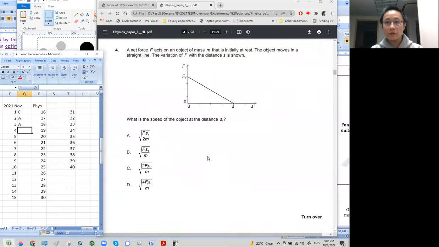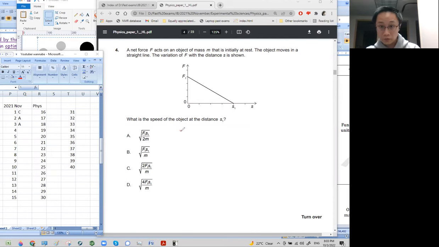Question 4, a net force Fx on an object of mass m that's initially at rest. So they give you a force-distance graph, and what you guys should recognize is that the area under the force-distance graph corresponds to the work done by the force. And they ask you for the speed of the object. So you further need to recognize that work done, in the situation where the object, I'm guessing, moves in a straight line with no slant and no friction,